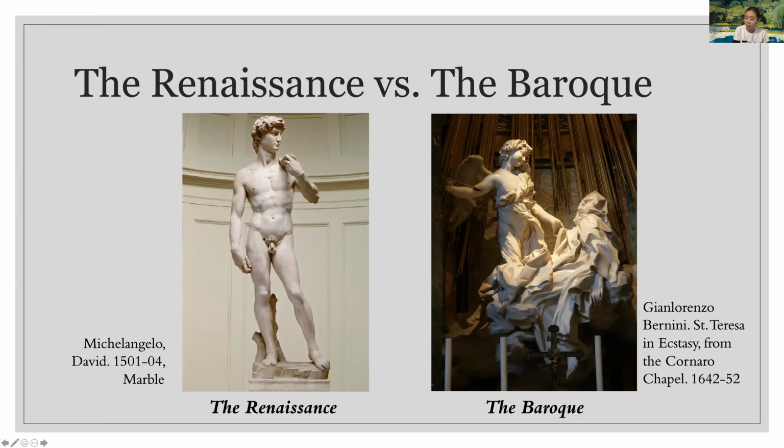So Michelangelo's David statue shows the beauty of balance. It shows the ideal beauty, and it is very bright to celebrate the hero. On the other hand, the Baroque sculpture, the Saint Teresa, is dramatic, even theatrical. And it shows a heavy light contrast by locating the sculpture in the darkest spot and using window light from the top of the roof. So that is one of the features of the Baroque art style.